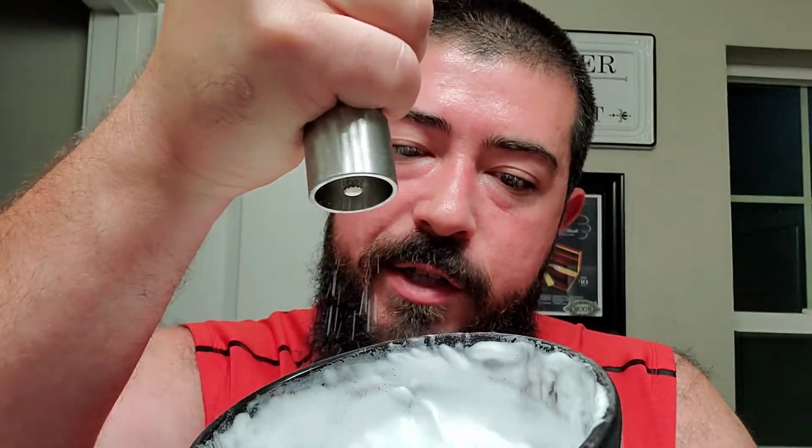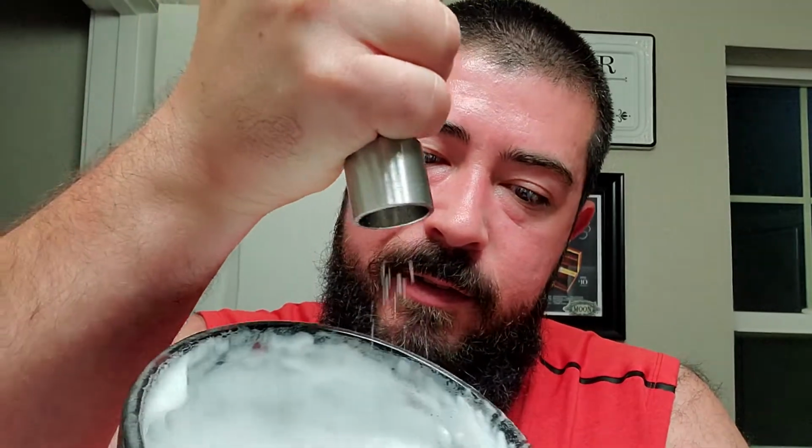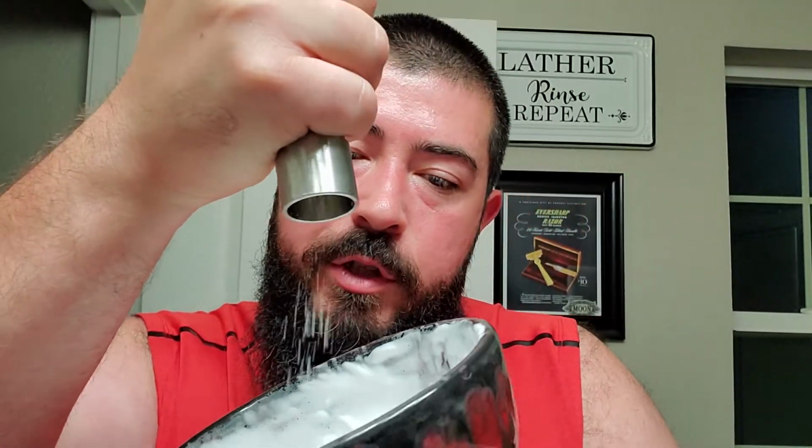You can see the crystals are flying. And we'll just kick that chill level up a notch. Why not? And I'll just incorporate that into the already built lather. I find since I crush my menthol crystals really fine, that they incorporate into the lather really quickly. That moisture from the lather just breaks them down